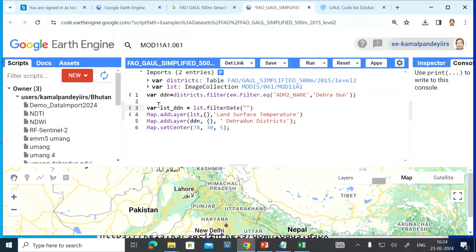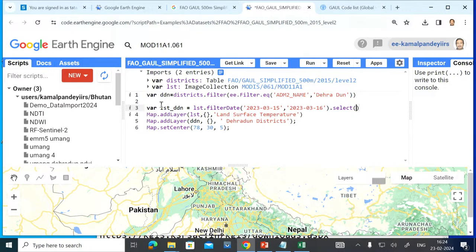Let us say in single inverted commas here, '2023-03-15', and comma, end date, again in inverted commas, '2023-03-16', like this it will come. Simple, date we have taken it, and dot select, select also.